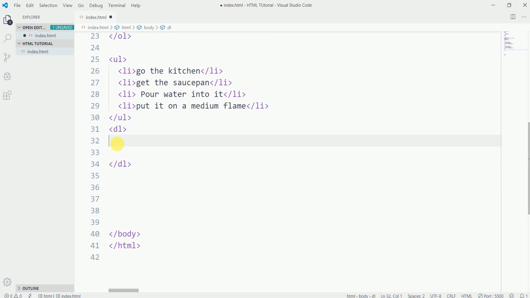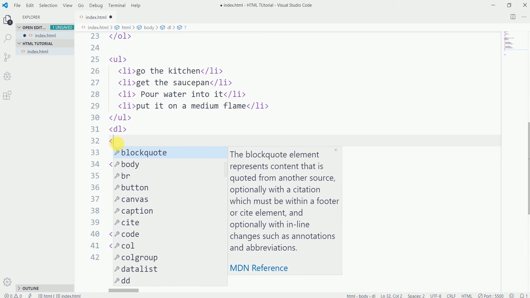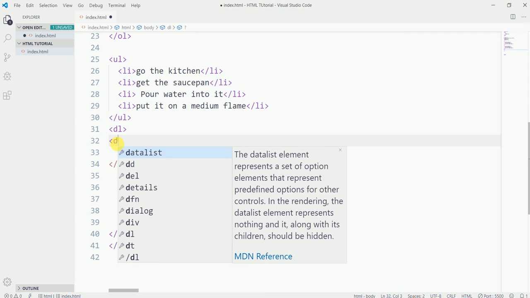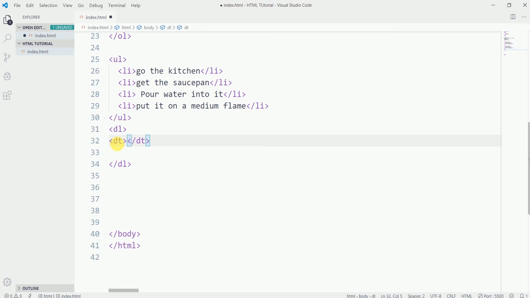And within this definition list, it should be wrapped with the definition term, which is DT, and after the DT, it is